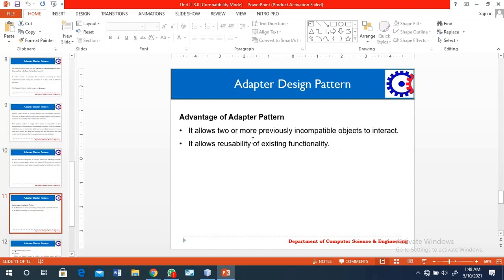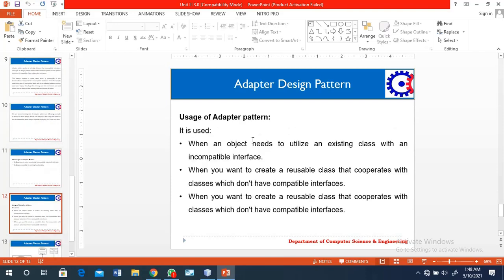There are some advantages of using the adapter design pattern. It allows two or more previously incompatible objects to interact. It allows reusability of existing functionality. These are the main advantages of the adapter design pattern. And what are the uses of the adapter design pattern? When an object needs to utilize an existing class with an incompatible interface.